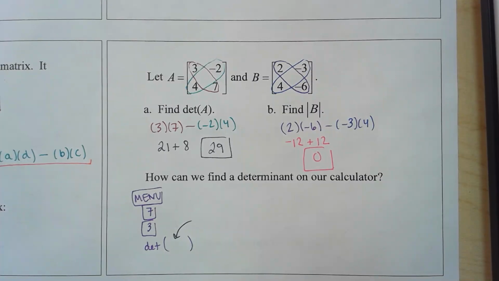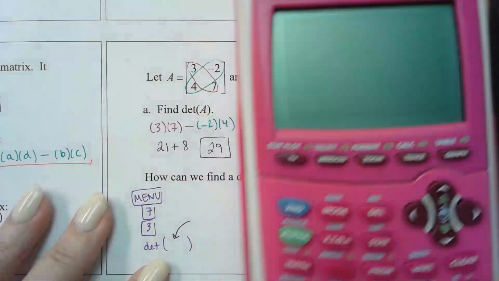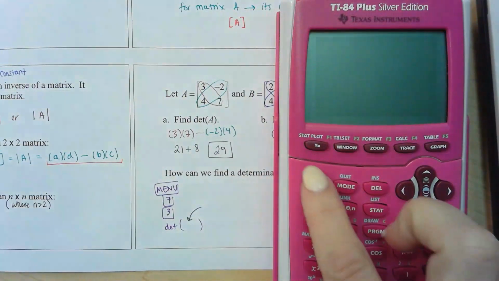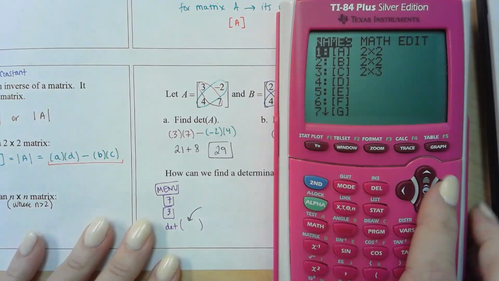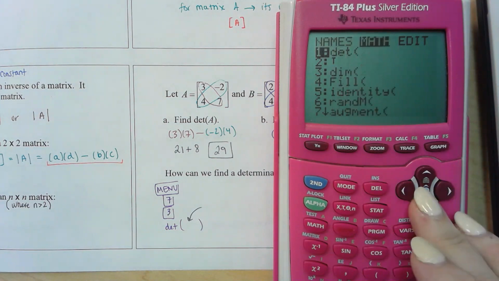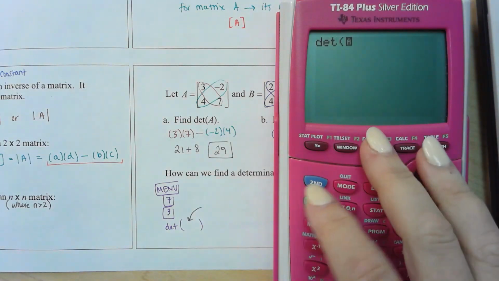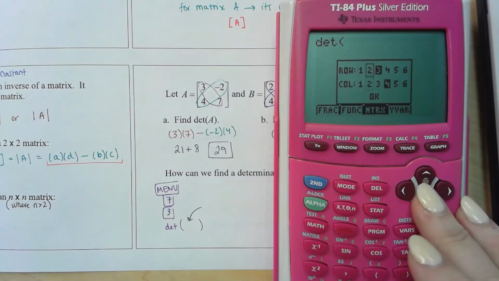Let's talk about our 84s. It's going to be very similar. We have a matrix menu. Oh my gosh, it's zoomed in so much. I'm sorry. We have our matrix menu here. So I'm going to hit second matrix. And I'm going to go over to the math menu. And the very top one says determinant. And then I can put a matrix in there,